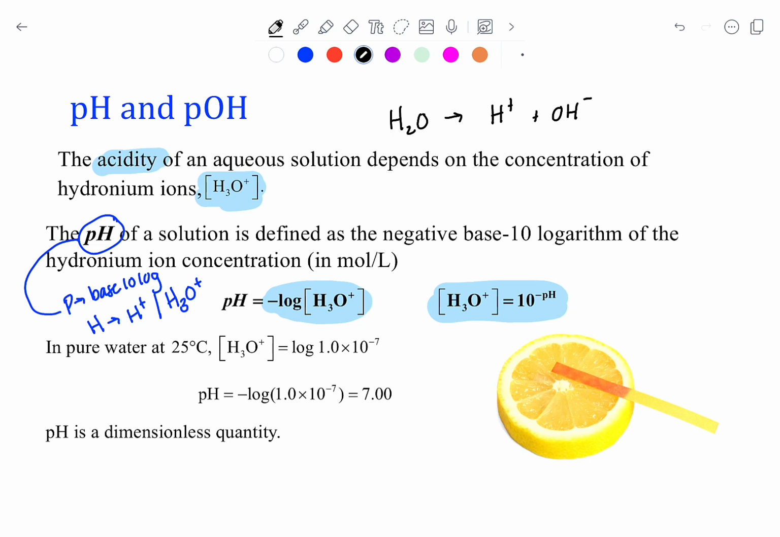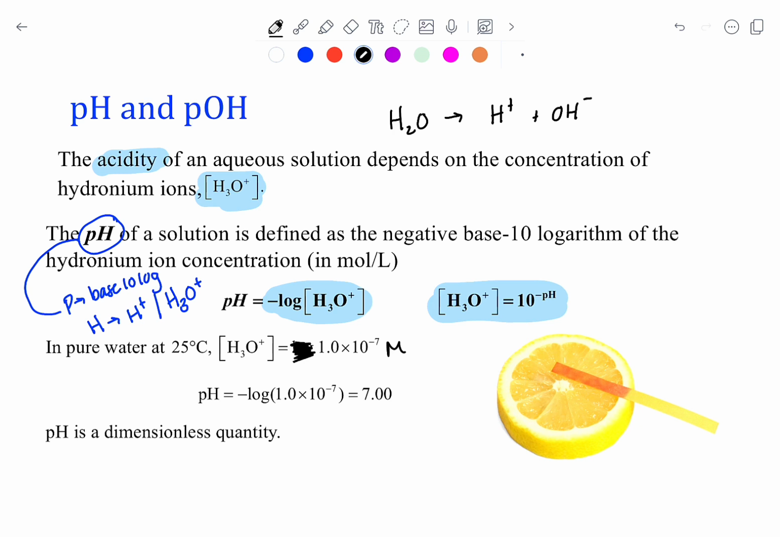So in pure water at 25 degrees Celsius, we determined that the H3O plus concentration is 1 times 10 to the minus 7. We took the square root of the K W and we found that it was 1.0 times 10 to the minus 7. So the H3O plus concentration is just equal to 1 times 10 to the minus 7 molar. So if we wanted to find the pH, we would take the negative log of 1